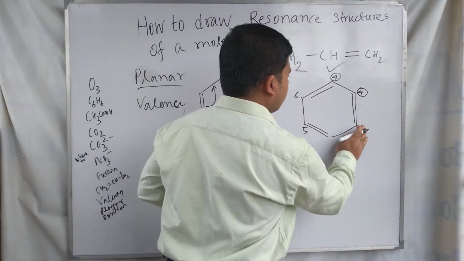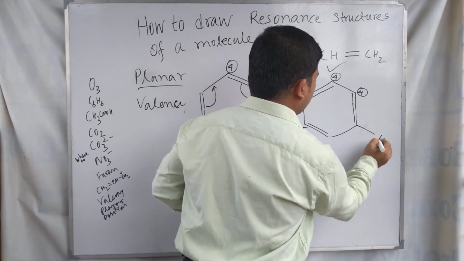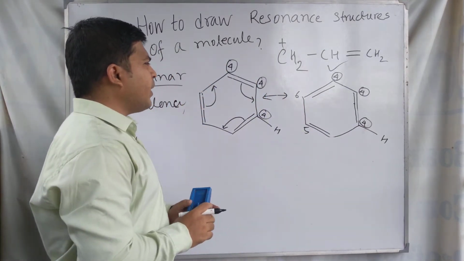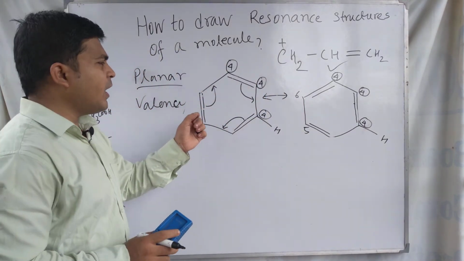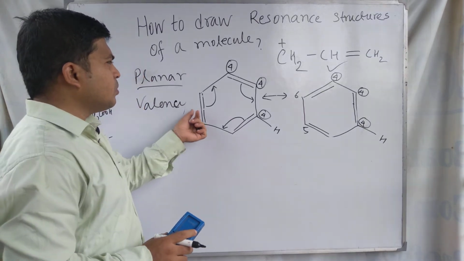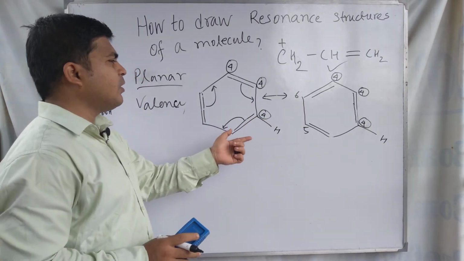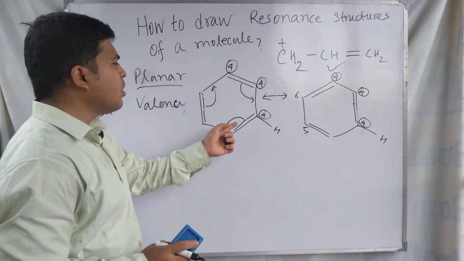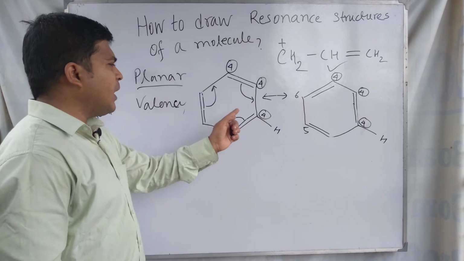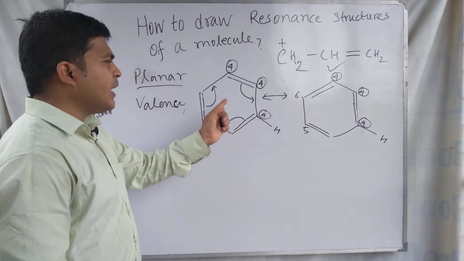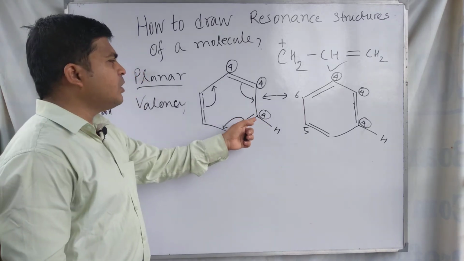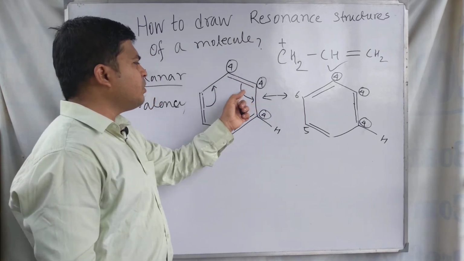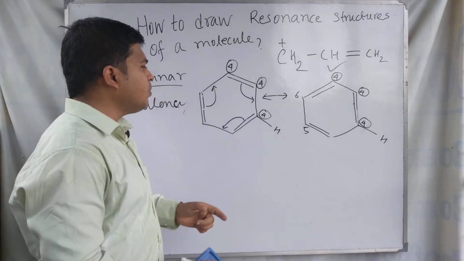And if you see the valency of this carbon, the third carbon, the valency is again 4: 1, 2, 3, 4. So the valency of each atom in a molecule that is participating in forming resonance structures cannot be altered; it should be constant in the resonance structures. So we are seeing that in the case of benzene, the valency of each carbon atom remains the same.